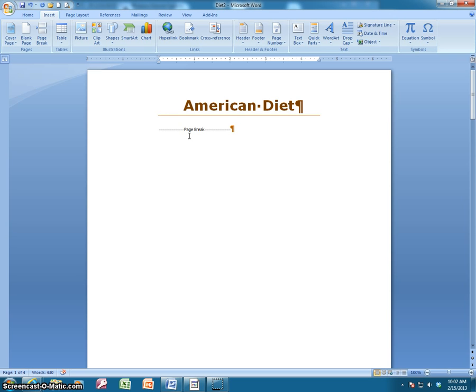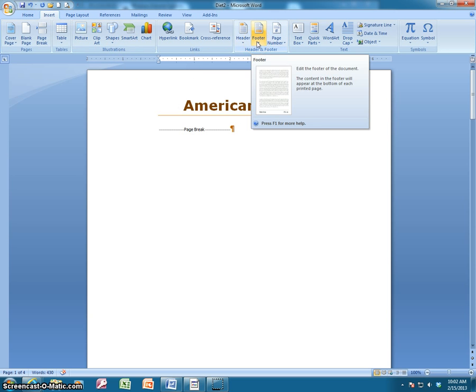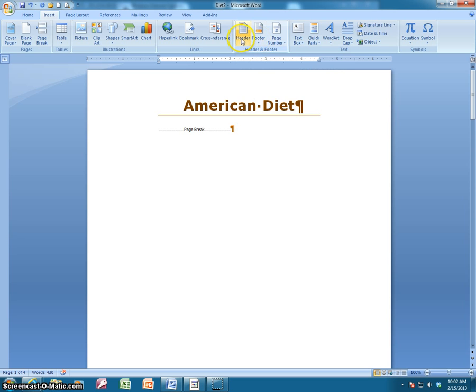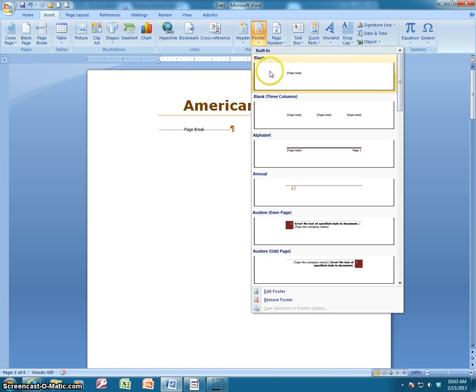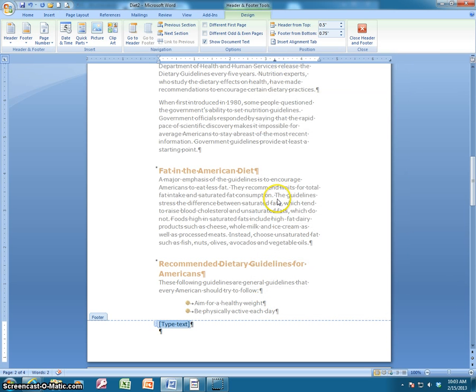So the first thing that I'm going to do is go to my Insert tab right now, and I'm going to start by working with the footer. If you've never worked with headers or footers before, think of header at the top of the page, footer at the bottom of the page. And I'm going to insert a footer, and I'm going to just do a blank one. You can see that each of the footers that you have to choose from have some preset formats. So if you're asked to use a different one as part of your assignment, you would see the name of the one that you were supposed to choose. We're going to go ahead and choose the blank one here, and